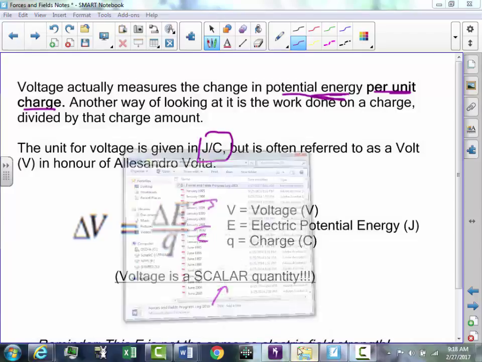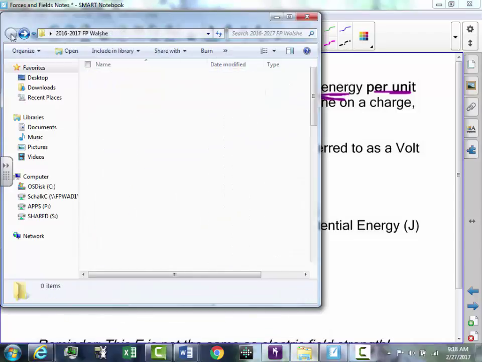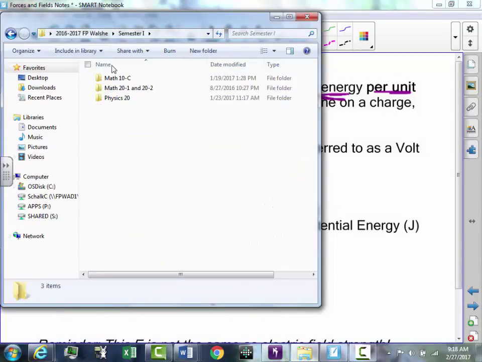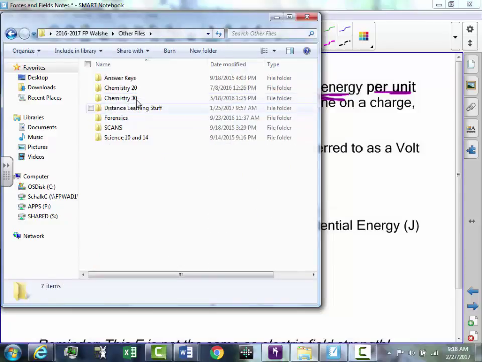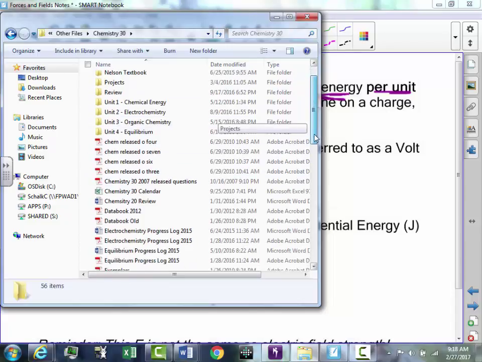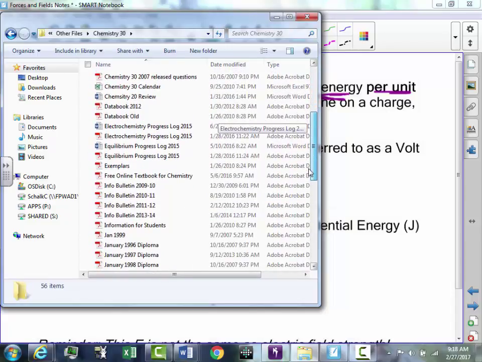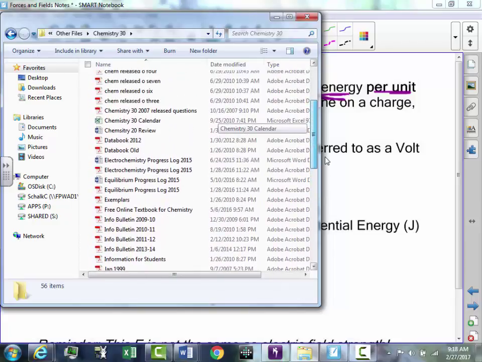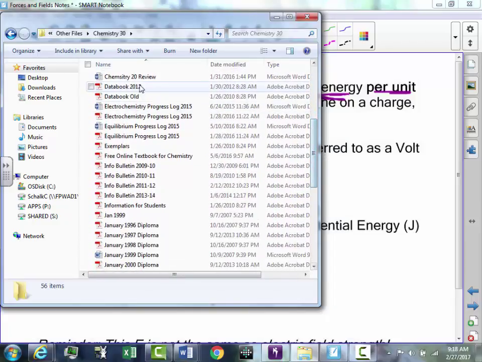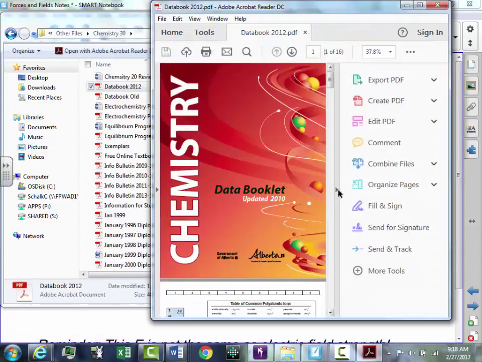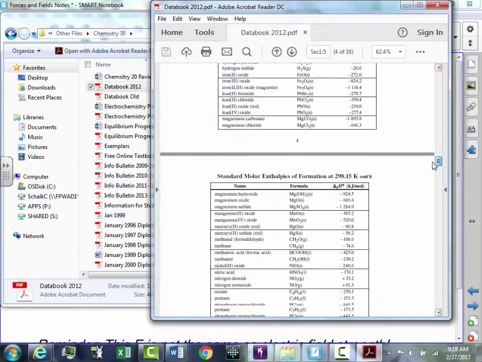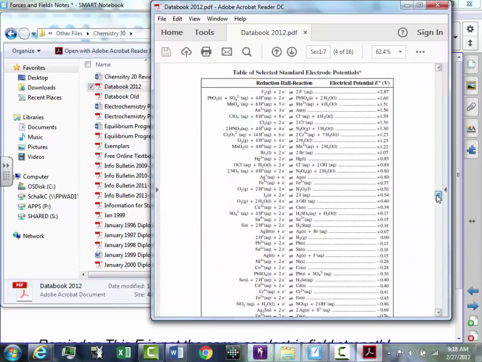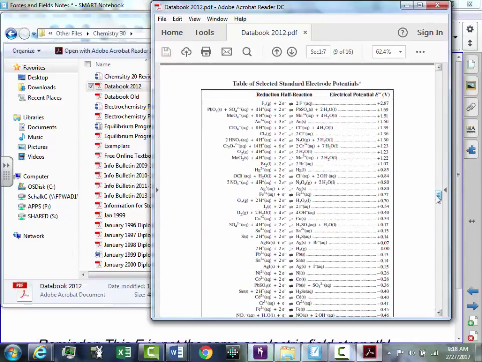Before I go too far, I want to try to overlap this with chemistry a little bit here, just because I know a few of you have done chem, and next year more of you will do chem. You guys remember talking about voltage in chemistry 30? For you guys in grade 11, we're going to talk about this table next year, obviously. But for you guys in grade 12, do you recall this table here?